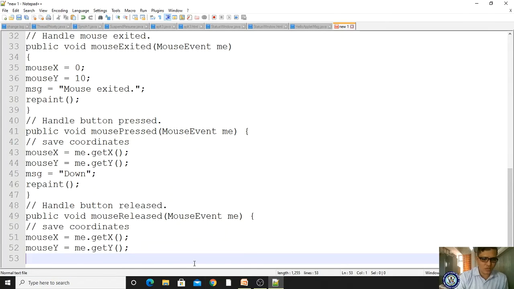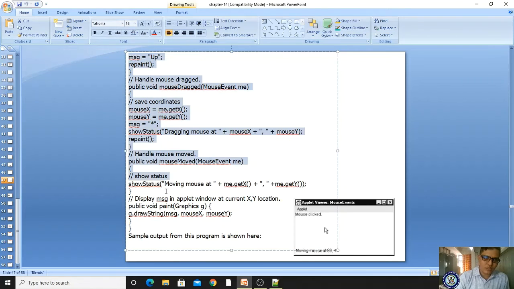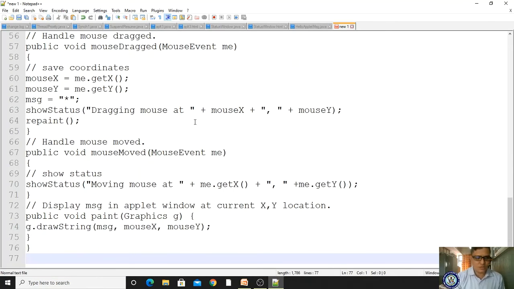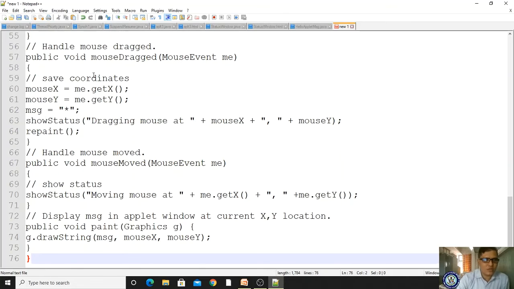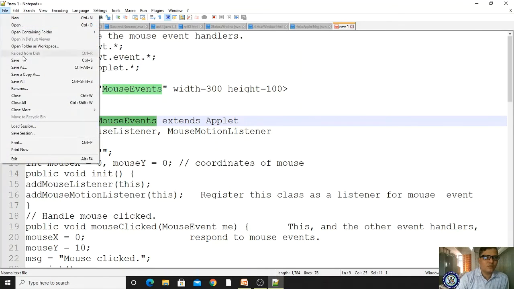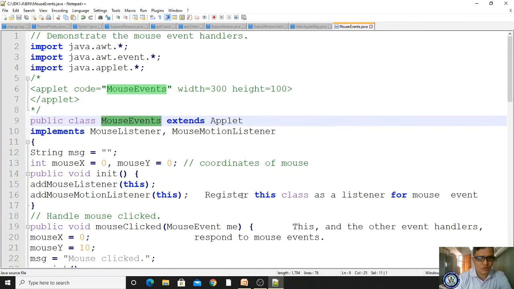Already I have explained what is happening here. If you don't give any concentration, then you can't make head or tail of it. That's it. Pasting, right? Here the program ends. What is the name of the program? MouseEvents. I'm saving it as MouseEvents.java. While saving I have to ensure where I'm saving, so I'm saving in the jdk 1.4 bin folder, MouseEvents.java, right?